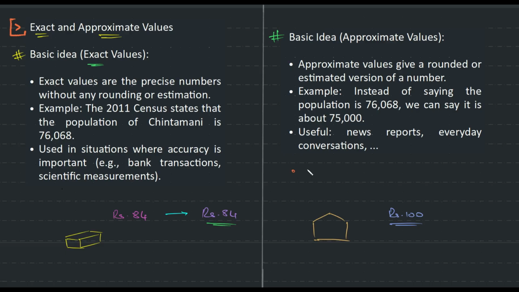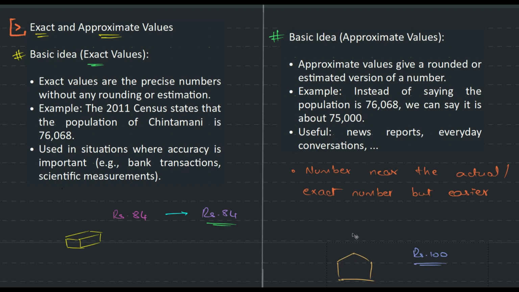Approximate value is a value or a number near the actual or exact number but easier to remember or communicate. Do you guys agree? Easier to remember or communicate. Like if you say, I have to buy a geometry box because the teacher has told me,